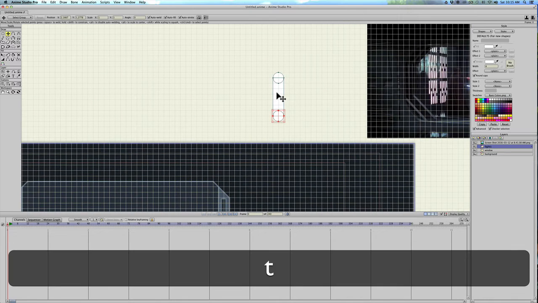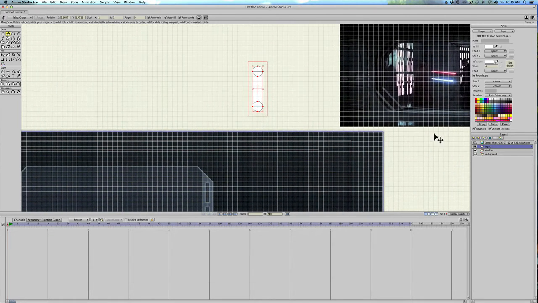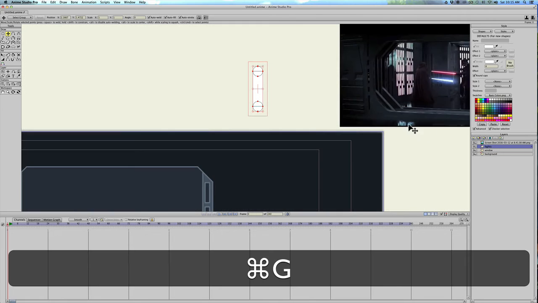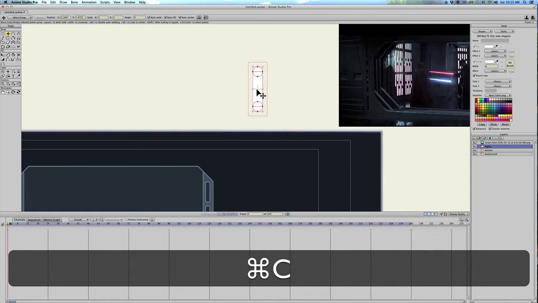So I'll hit T and holding Shift select all of those, and to see what we're doing, go ahead and turn off the grid again because we have this nice shape here. Command C, Command V, copy paste,